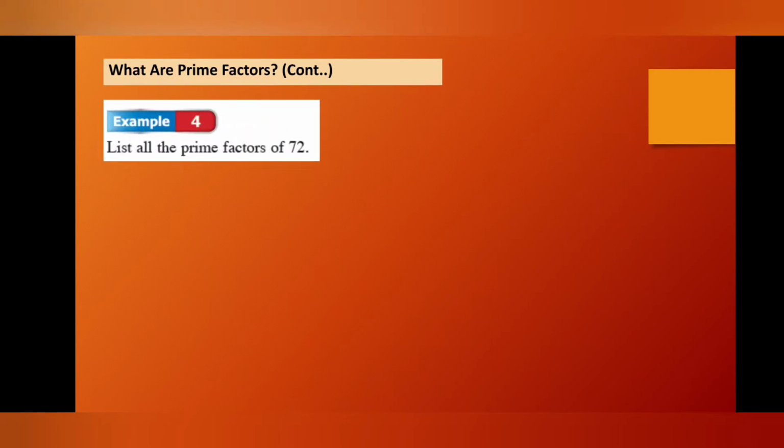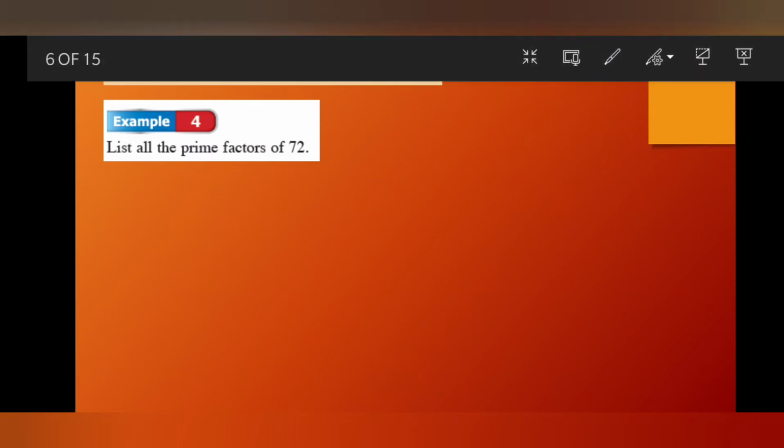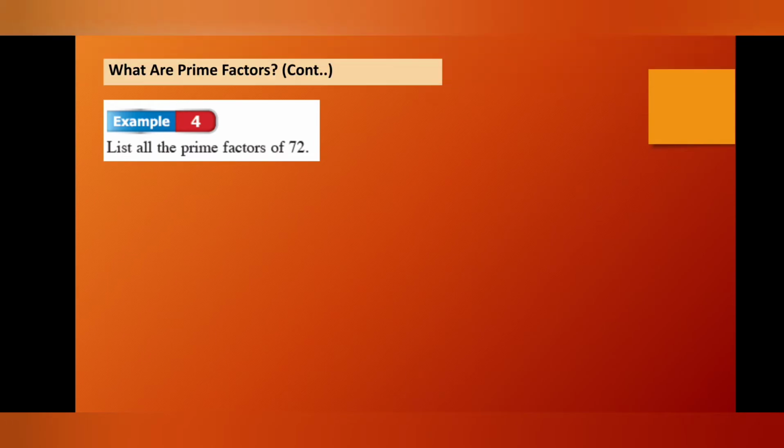Example 4. List all the prime factors of 72. Now we need to list all the prime factors for 72. How can we list all the prime factors for 72? Solution. First step is to list all the factors of 72. Okay, factors of 72 are